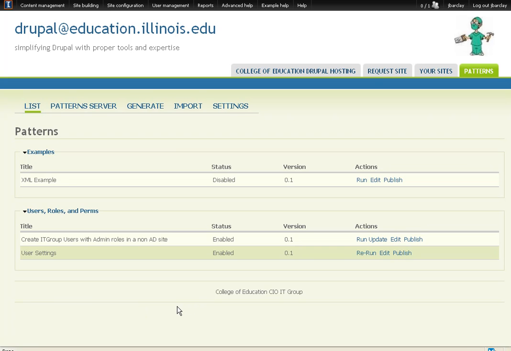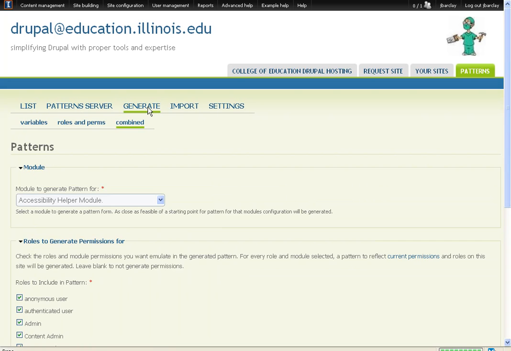I was trying to illustrate how I thought patterns would be useful for generating condo sites. So I made a little add-on to it. When you go into patterns, you can use the generate link, and I wrote some code for a couple of special cases. One is to export all the variables from a module, and